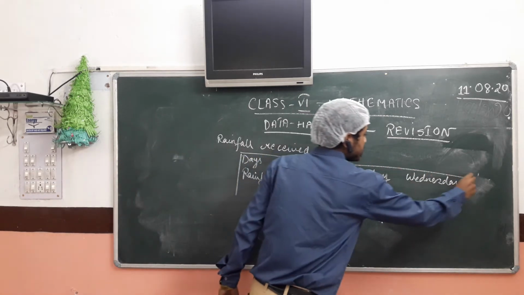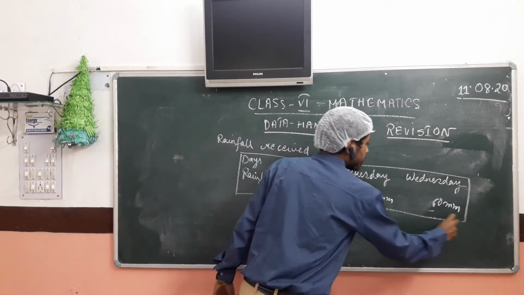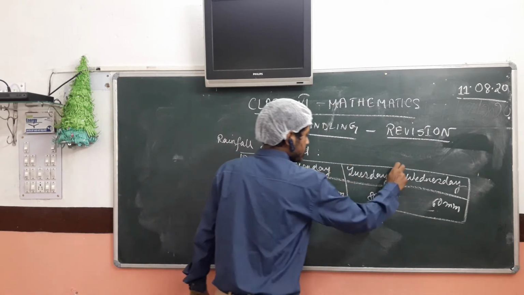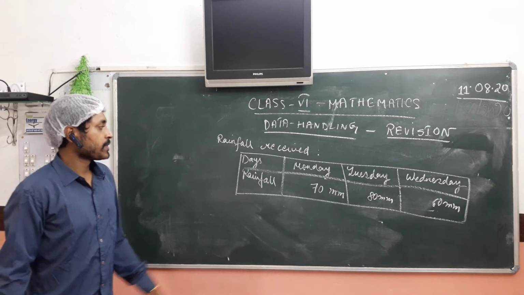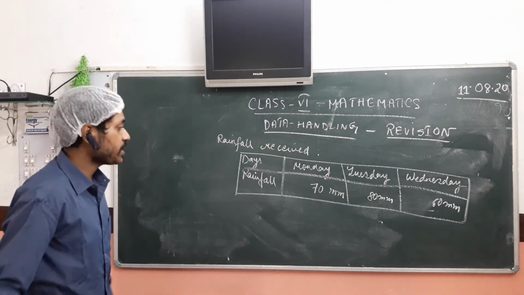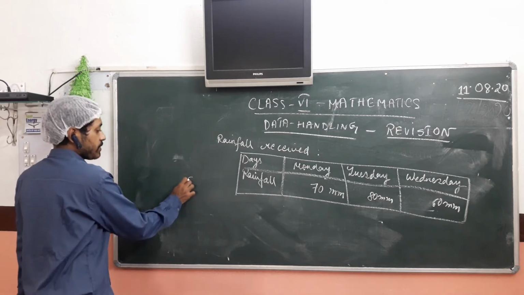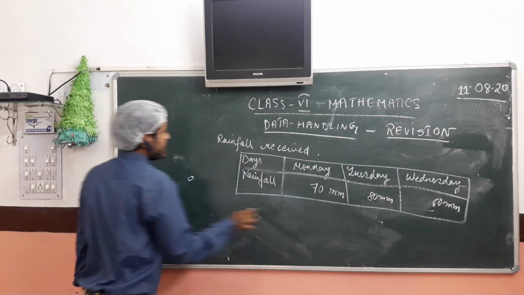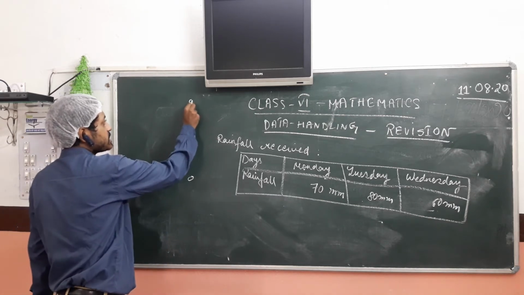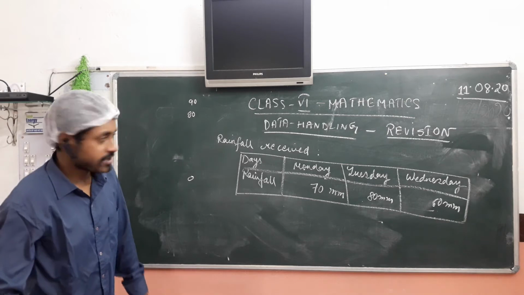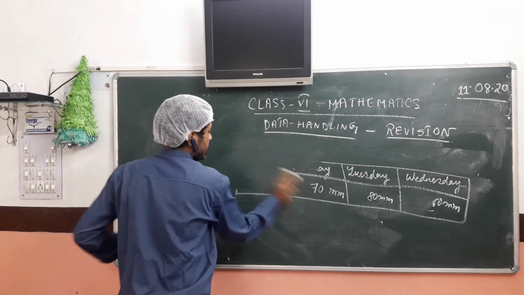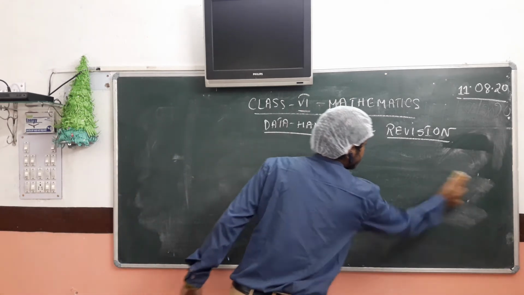Obviously the data will be in a tabulated format. We shall only consider the numbers. How shall we choose the scale? We shall choose the scale in such a way that starting from 0 till the maximum, in this case 80, is enclosed within our scale. So therefore we must take at least up to 90 for the scale. If this is the data, then now we shall draw the bar graph.